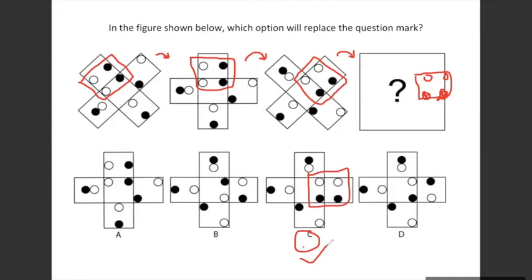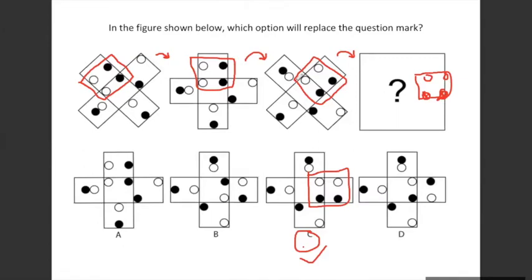Is this clear? There is also this method that you can literally draw the rotation, draw the whole diagram of rotation, but just to make your life easier and not to get confused with any of the options, I chose to look at it through these four blocks only, these four circles only. So either some options will get eliminated by this part, or you will directly arrive at the correct answer, like we did in this particular case.